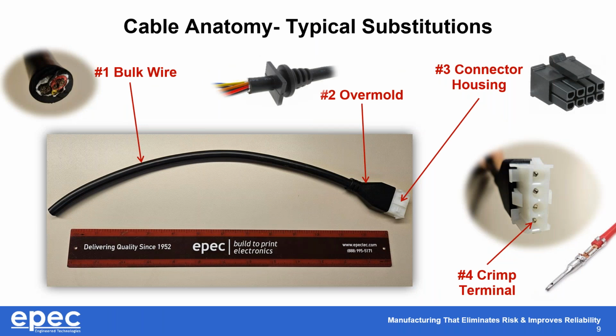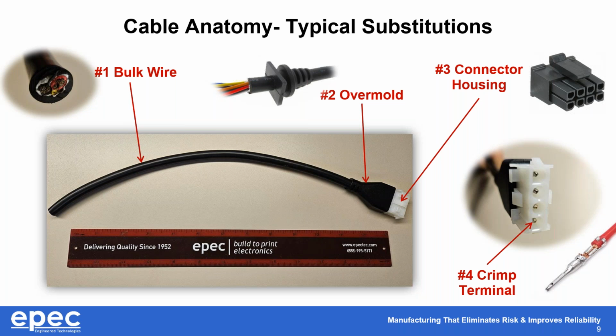So when it comes to looking at substitutions or an equivalent, what we want to consider is the different components or the cable anatomy. The first thing is the bulk wire. That's typically one of the easiest to cross. Our customers know a lot more about the application than us, so we typically work with our customers to better understand what they're trying to do, what the design goals and requirements are before we can recommend an appropriate substitution. But typically the bulk cable is the first place we look at to save time and money for our customers